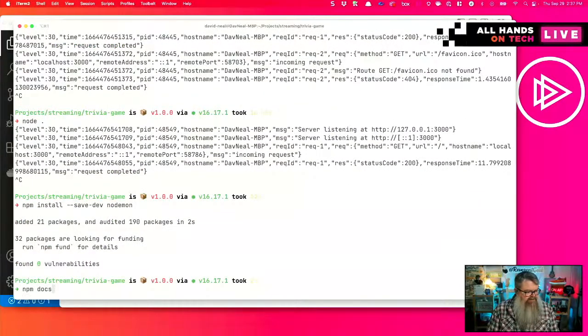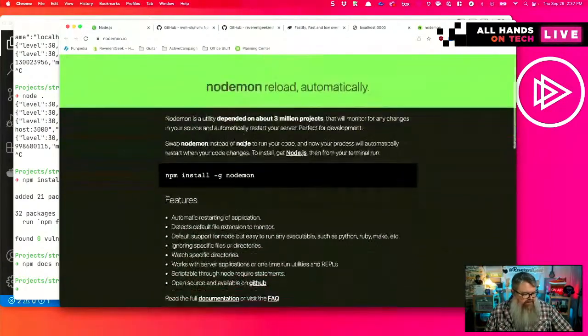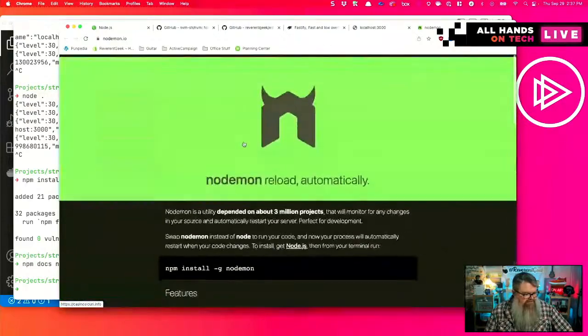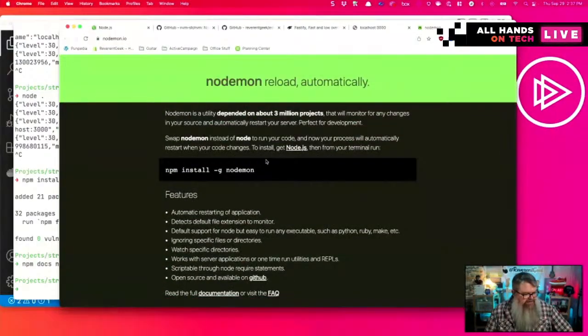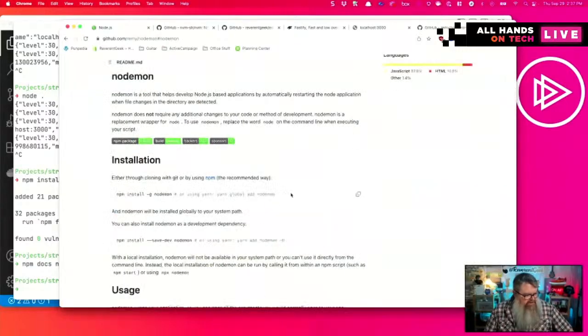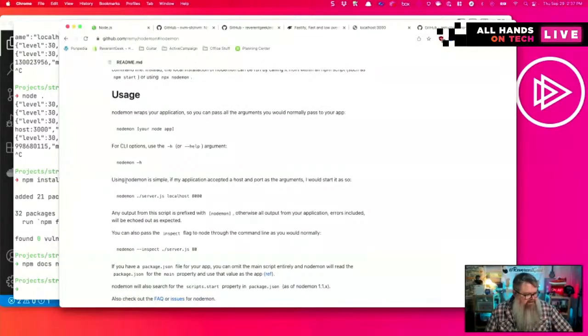And again, I'm going to use npm docs NodeMon to launch the default README for the project, just so I can check the documentation that I've got it set up right. So let's jump to the documentation, and we can use NodeMon.